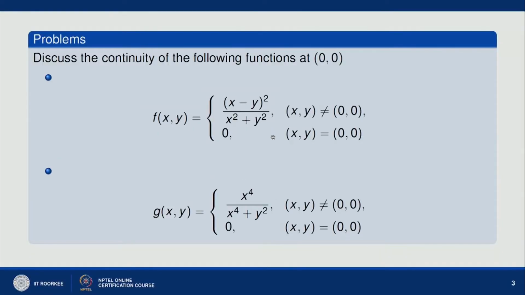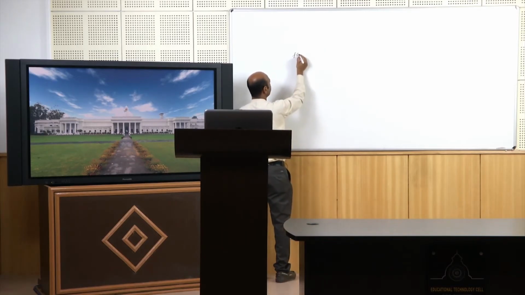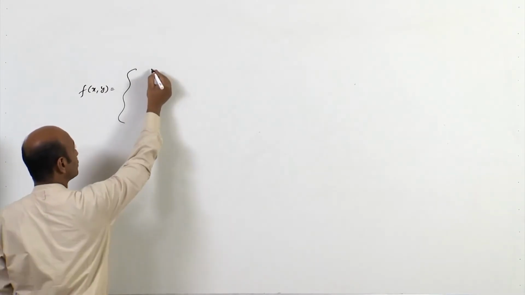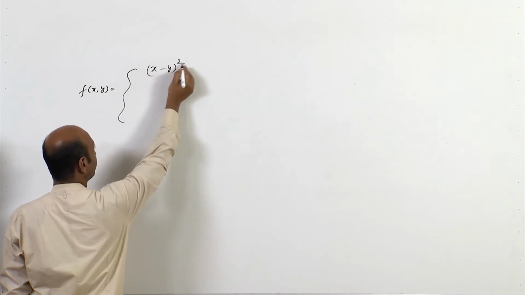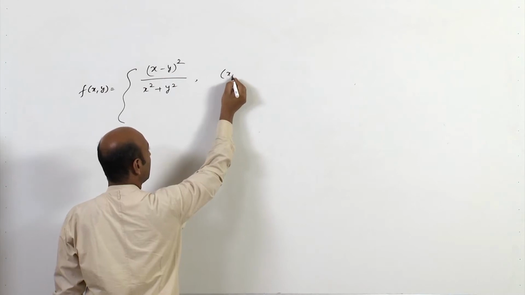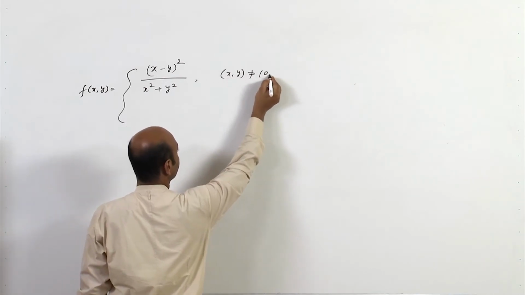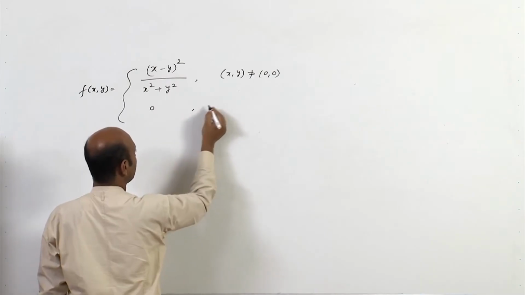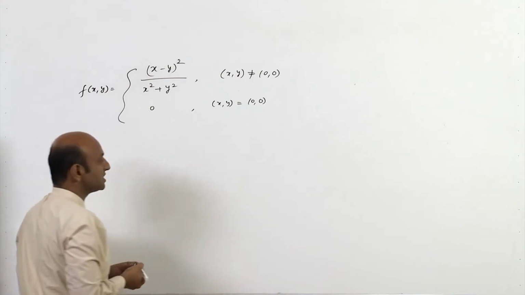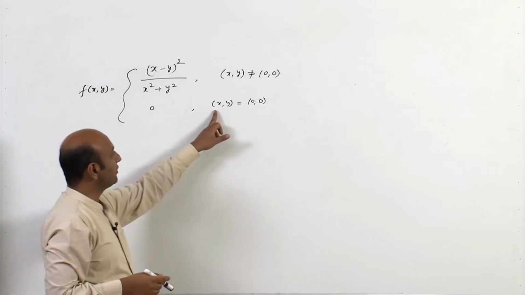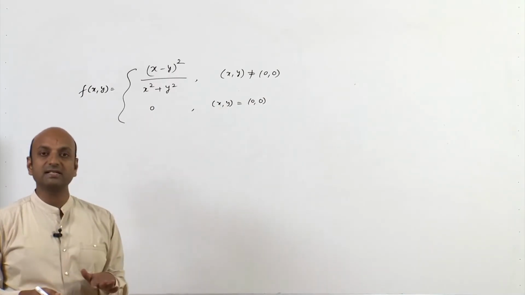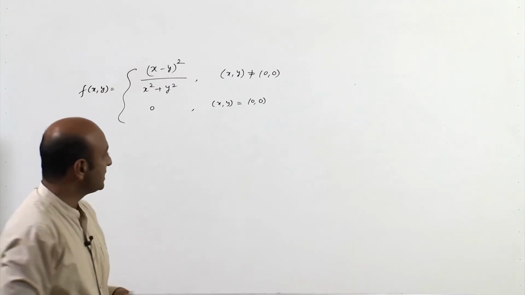The first function we are taking is f(x,y) equals (x minus y) whole squared upon x squared plus y squared when (x,y) is not equal to (0,0), and it is 0 when (x,y) is equal to (0,0). So the function is defined at (0,0), and the value of the function at (0,0) is 0. If the function is continuous at (0,0), then this means